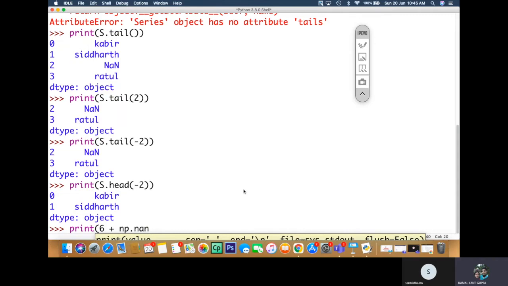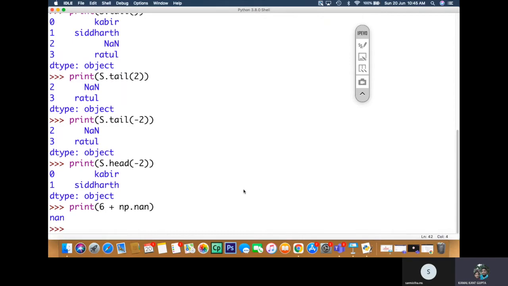As I have told you earlier, np dot NaN generates a NaN value, right? Let us find out what this gives us. This gives us NaN. If you are adding something to NaN, it gives you NaN. So if a value is added to a null value or unknown value, it gives you an unknown value. The same concept is being used